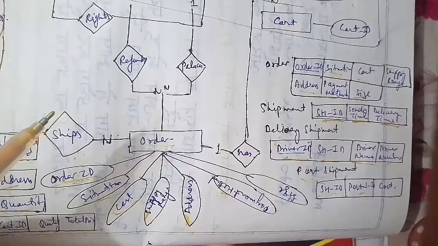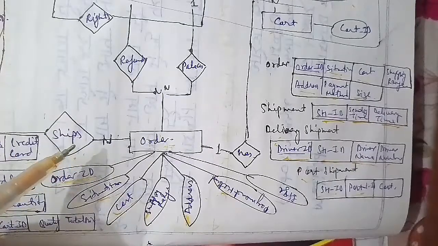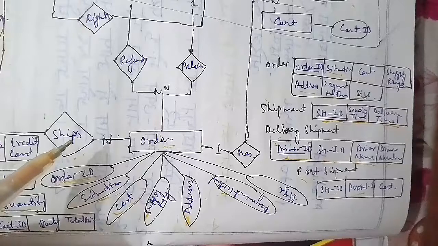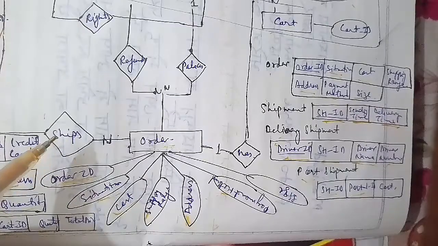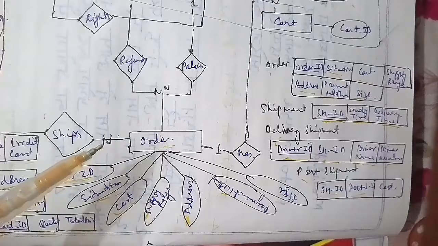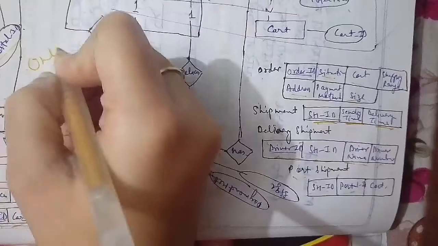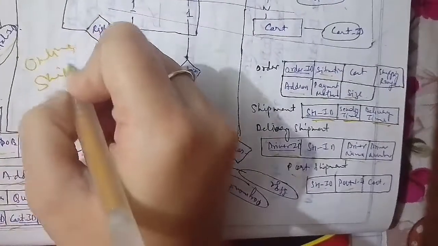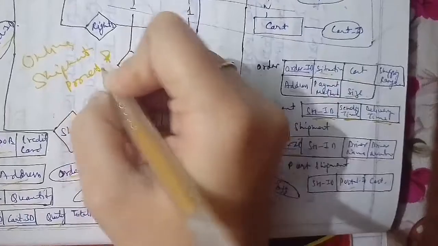Other than this, if I'm talking about the online shipment process of orders, that is what we have to talk about here. In terms of this, we are talking about it in DBMS, and other than that, we had done many of the ER diagrams in the last classes. You can go ahead for the same, and you will find each and every ER diagram from there as well.